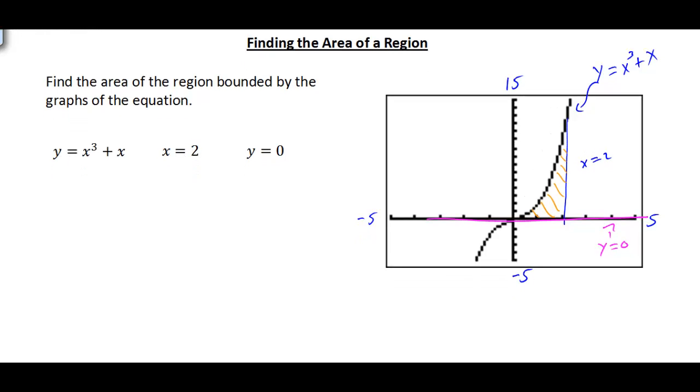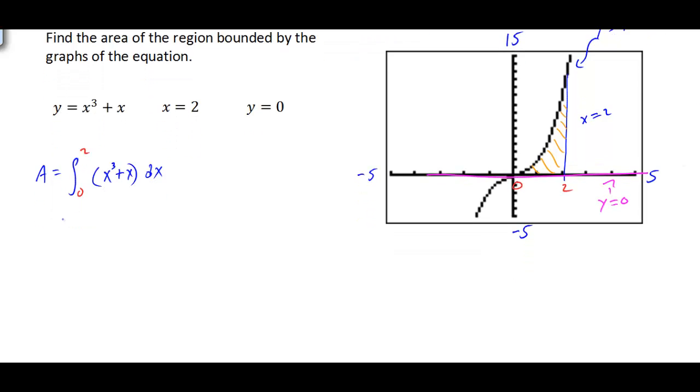So on the x-axis we are going from 0 out to 2. So there are our limits. It looks like we could integrate to find the area. The area would be the integral from 0 to 2, and the function we're looking at is x cubed plus x. So there's our function. If we simply integrate now, x cubed becomes x to the 4th over 4,